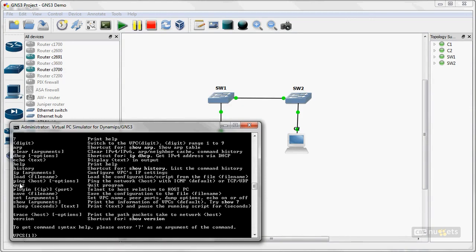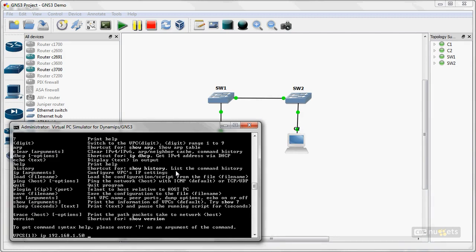I can do ping, trace, which is really where I'm at. Those are the 2 that I'm going to use. And then IP, how to assign an IP address. Well, the way we do it is we type in IP followed by the IP address we'd like to use. In this case, I'm going to do 192.168.1.50, right? Followed by, now you can use the question mark to try and learn this command, but